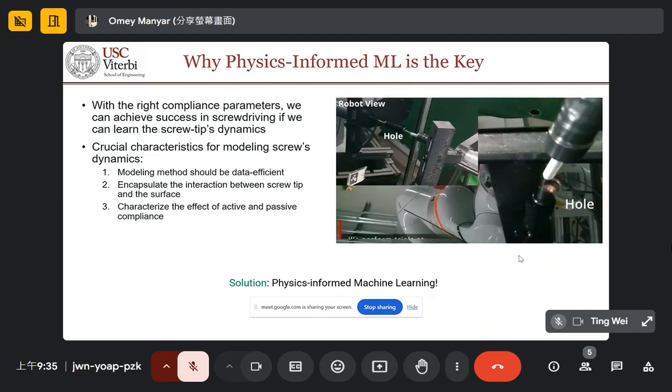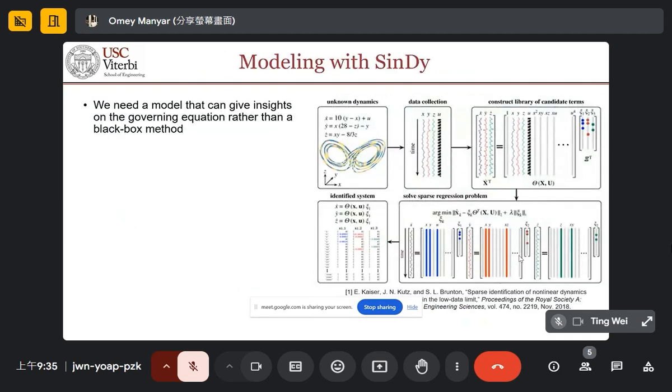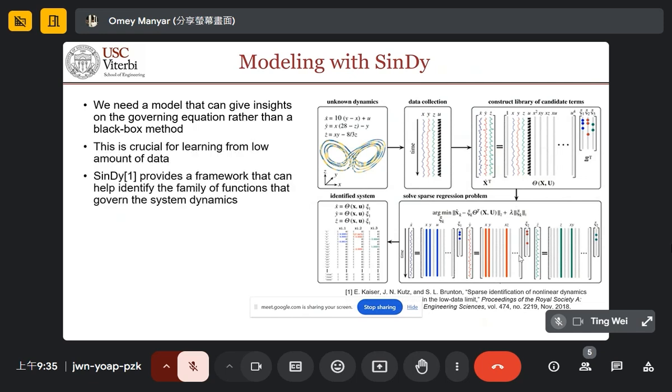And that is where we use more physics-informed machine learning methods, which deploy a method called SINDy, which is termed as systematic identification of nonlinear dynamics of a system, where rather than, given an observation, learning what the dynamics model would be, you directly learn the coefficients of the fundamental governing equations of the dynamics of the screw. So to clear that out, let's assume that you have certain state variables defined by x